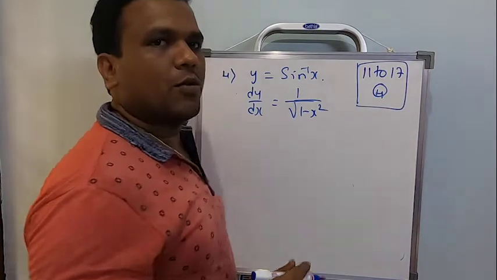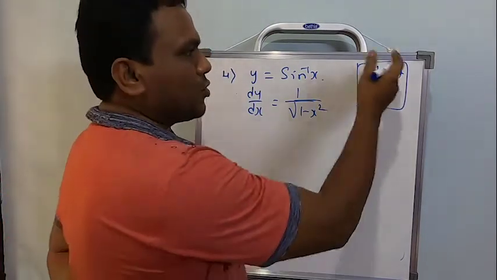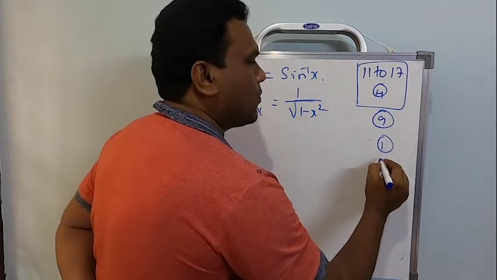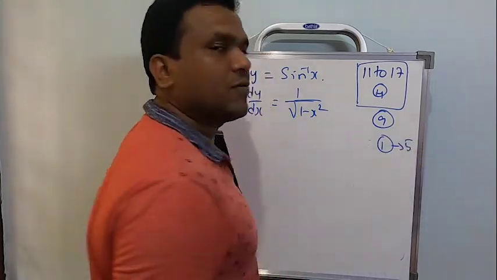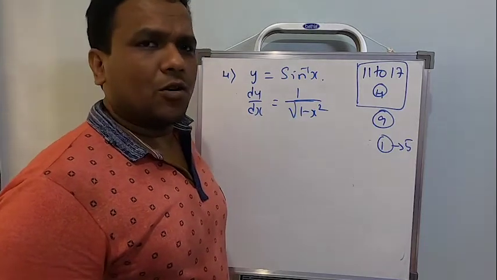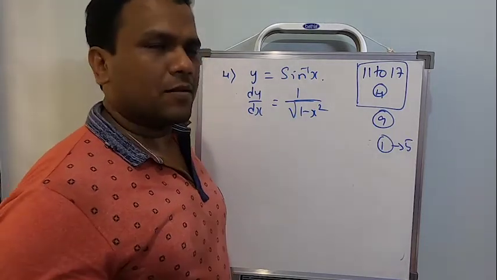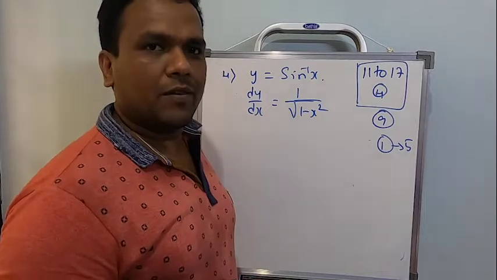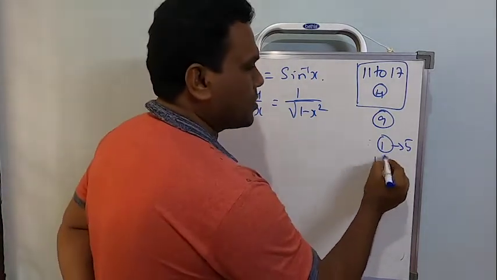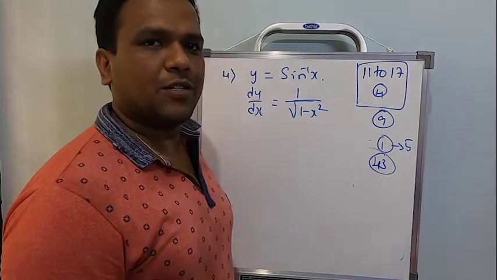So how many total number of problems then? It's going to be 8 plus 1, 9. Out of 9, one problem will be given for 5 marks for sure. I'm not sure whether the other problems will be given or not, but definitely for 5 marks, 1 out of the 9 problems will be given. Usually we can just notice it's going to be question number 43 in the final examination.